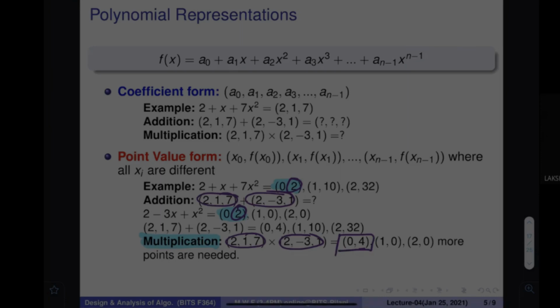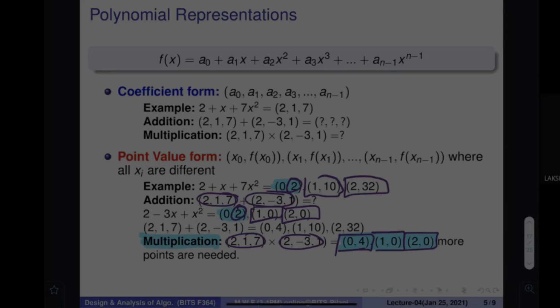Is it clear to everybody? Using the second point 110 and 1, 0, it becomes 1, 0. Using the third point 0, 232, 2, 0, it becomes 2, 0. Any problem here? The representation of this particular new polynomial.